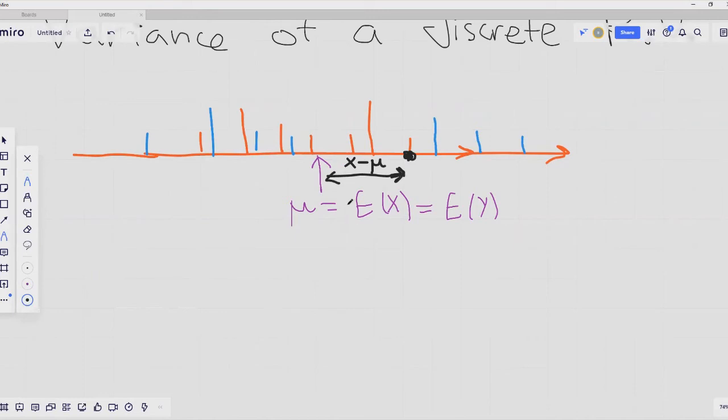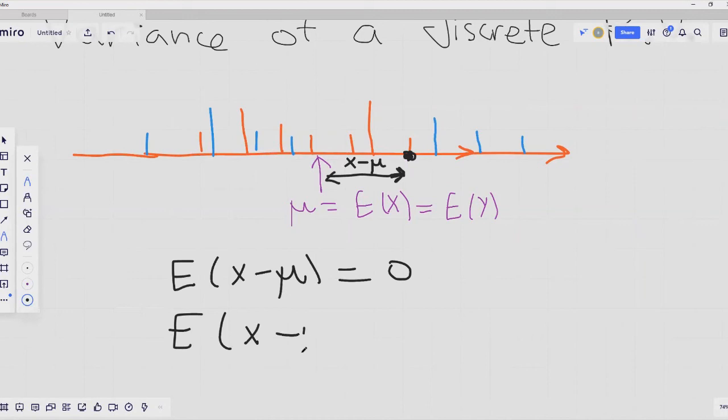In that case, we will also be working with squared distances of values of the random variable from its mean. So rather than looking at the expected value of the difference of the value of the random variable from its mean, which is going to be equal to 0, we are going to look at the expected value of those squared distances. Now, this value over here is known as the variance